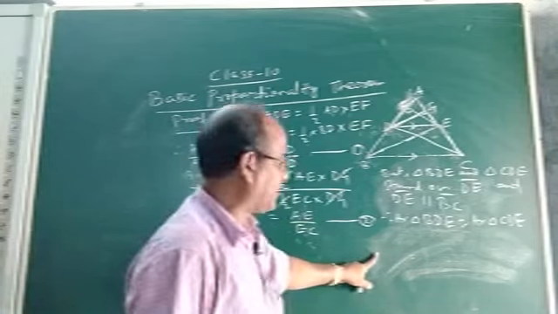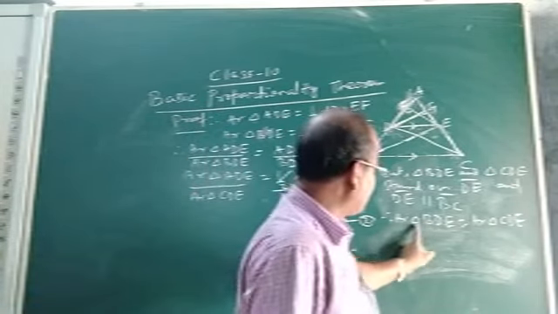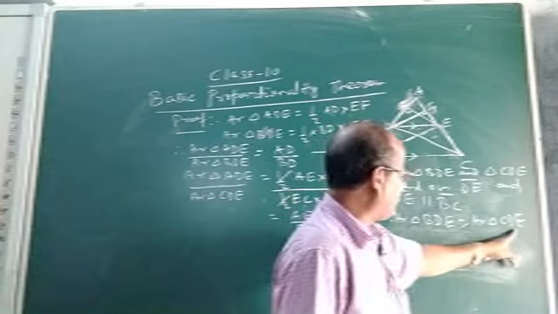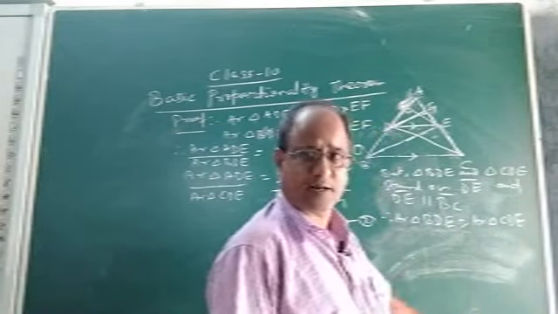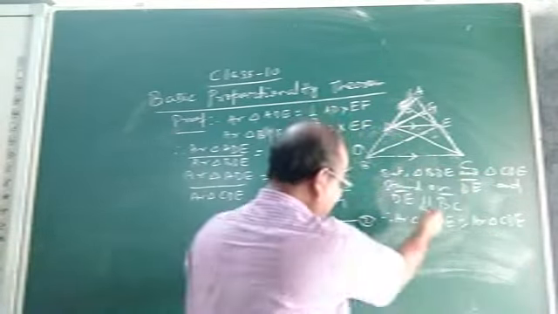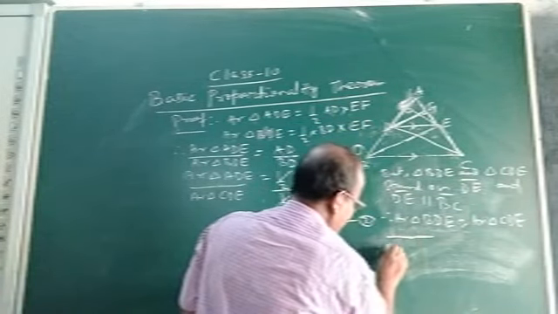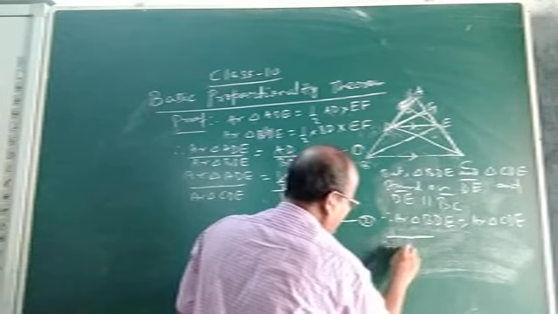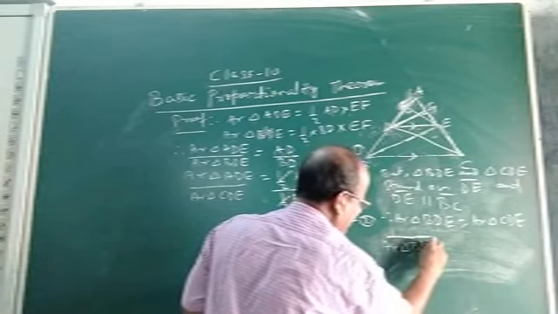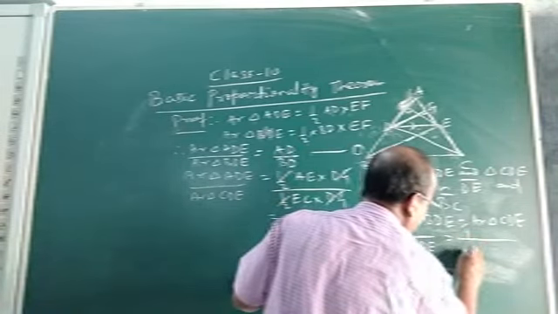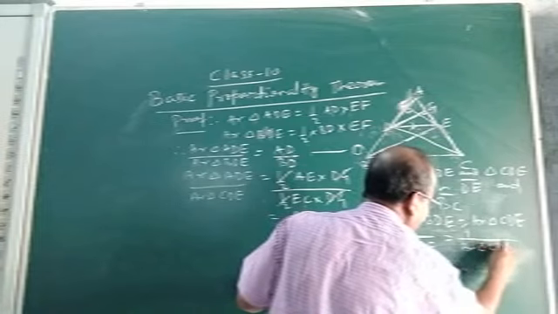So how can we make that? Let us see. Now, area of triangle BDE equals area of triangle CDE. Now you take the reciprocal. Reciprocal, you know, is divided by 1. Taking the reciprocal, we can write 1 divided by area of triangle BDE will be equal to 1 divided by area of triangle CDE.